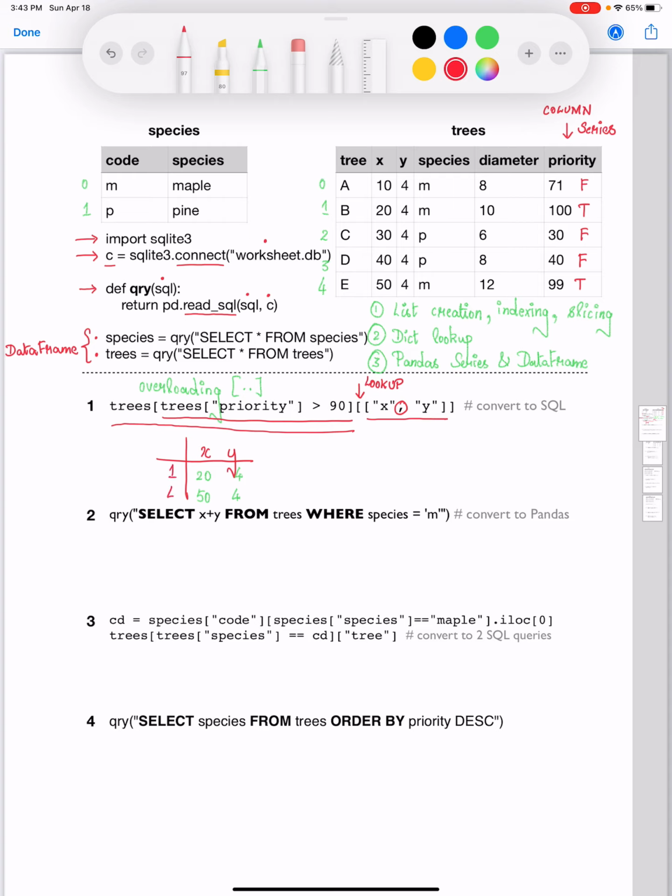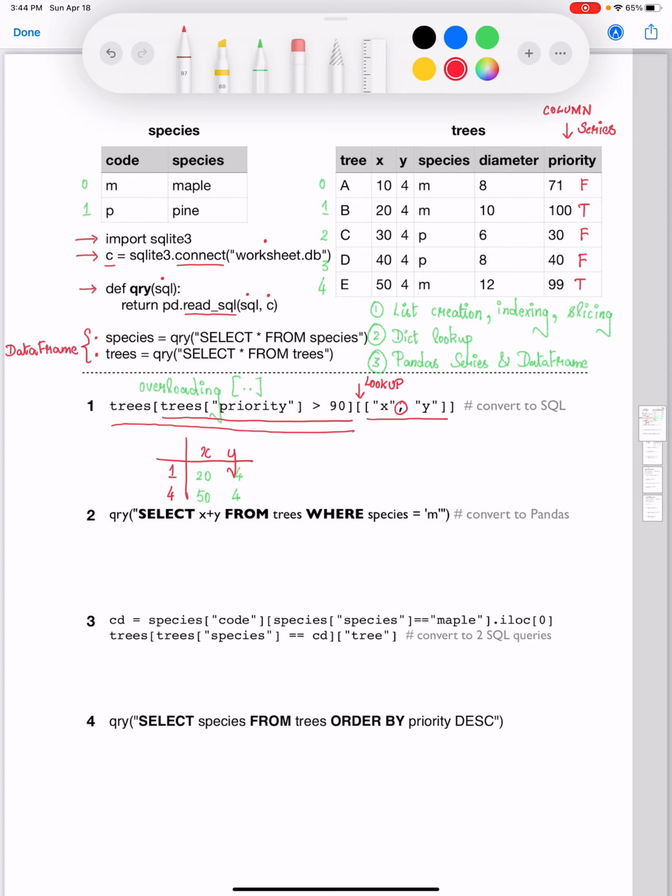Let me write down the corresponding index. Recall that when you perform lookup or slicing operation as part of your data frame, your row index will get retained as such. Only the integer positions will get renumbered. So you're going to end up with the return value of this particular lookup operation with row index of 1